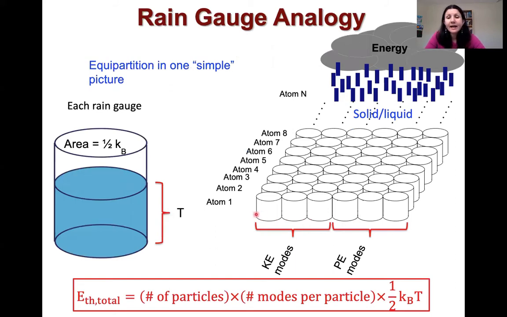The solid had 6 buckets in each row, but it had half as many rows because we had half as many particles, where the gas had only 3 buckets per row, but double the number of rows. So when you multiply the 2 particles times moles per particle, you got the same answer. That means the total number of buckets present was the same, so each bucket would get the same amount of rain. If we had half the number of buckets, same amount of rain coming down,